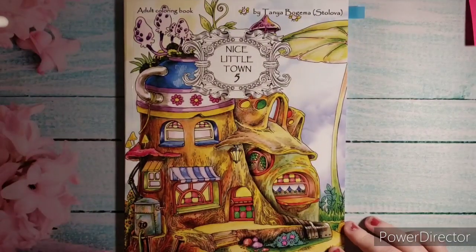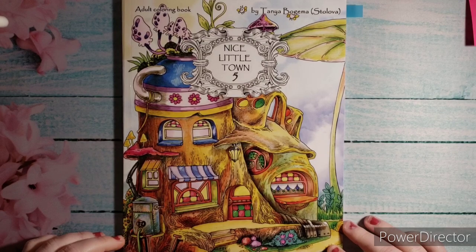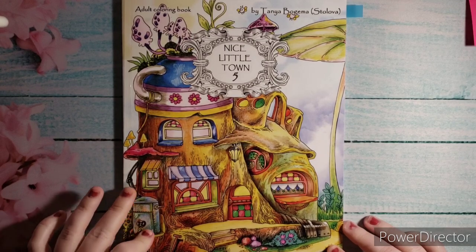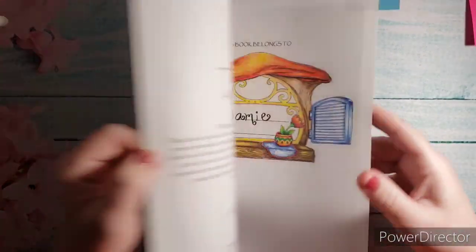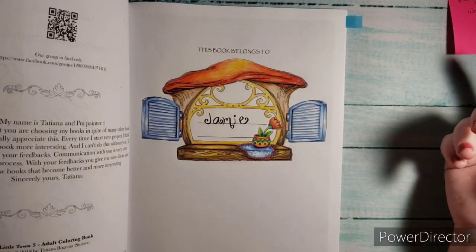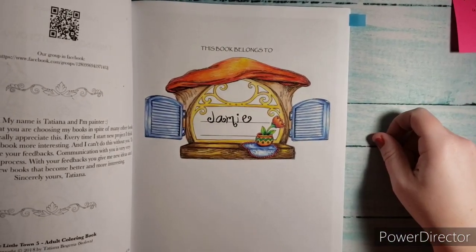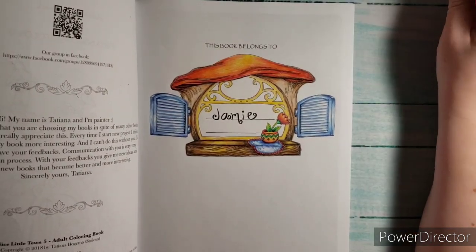Next one I have is the adult coloring book by Tanya B. Mestalova, Nice Little Town 5. This was in my haul as well, and I just did the nameplate page. So it says this book belongs to, obviously, me, Jamie, and I did this with Faber-Castell